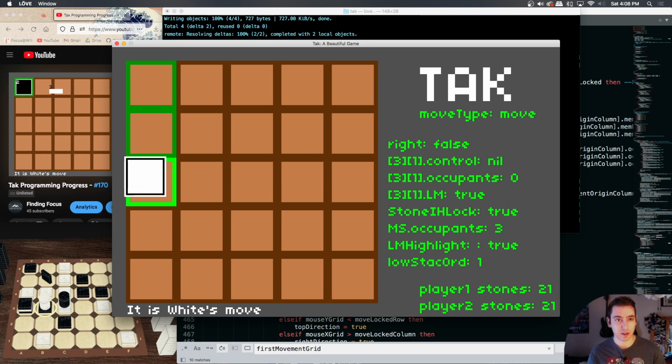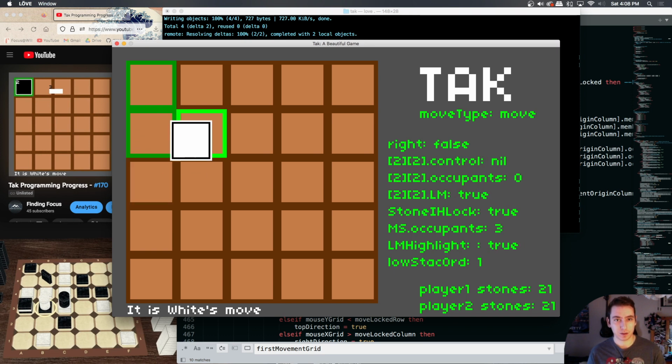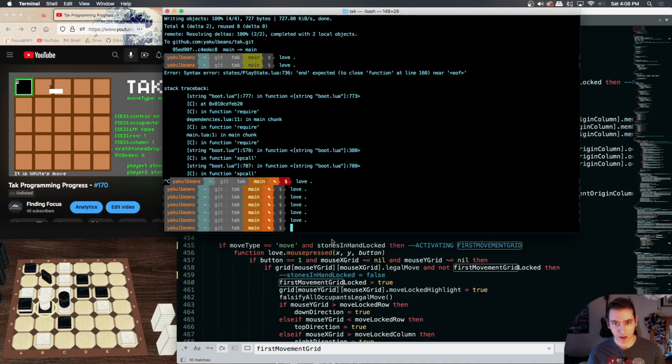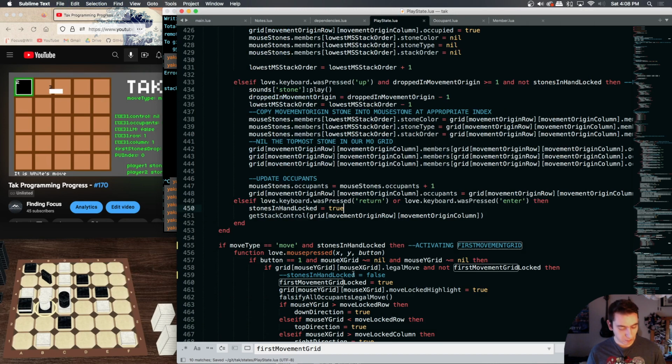Now when we drop, it should only drop into the new grid. And we shouldn't be rendering these legal moves yet. But we are able to drop that stone, and we're able to drop the next, and they keep the right index. But for some reason, we're actually...